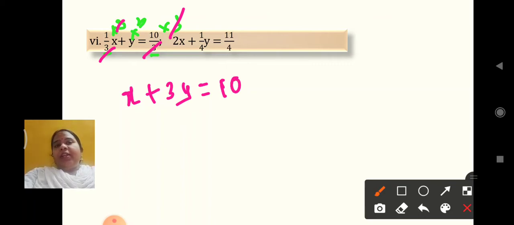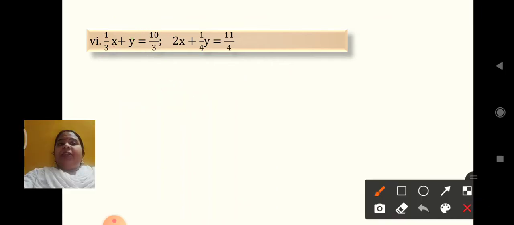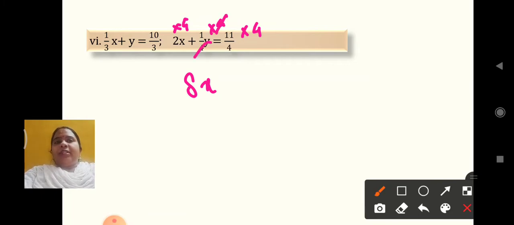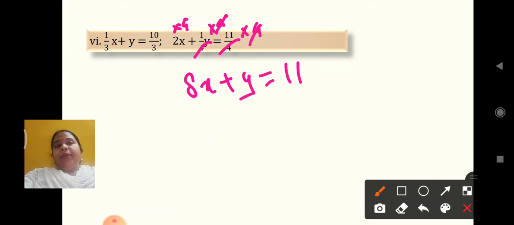I hope you are understanding how I am getting that. The concept is to get rid of the fraction part, the denominator part. So I am multiplying equation number 1 by 3. This is what I will get. Same way when I come to equation number 2, as you can see, it has 4 in the denominator. So my first step, I will multiply each term by 4. First term by 4, second term by 4, even the third term by 4. So 4 twos will become 8x, 4 and 4 will get cancelled, it will be plus y, and 11 upon 4 into 4 will get cancelled, it will become equal to 11. This way I will get my equation number 2.